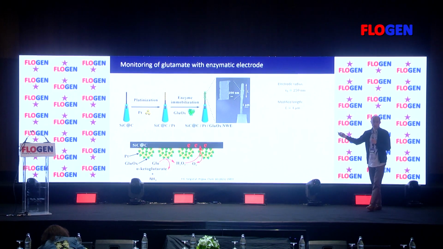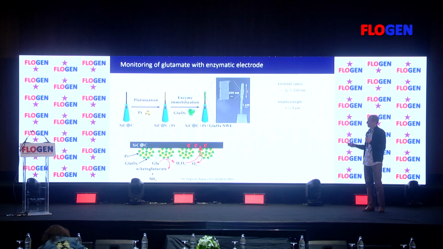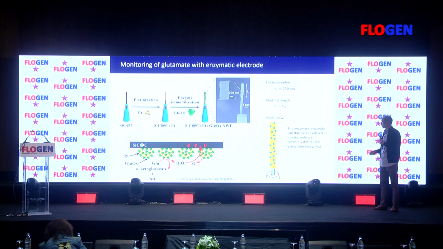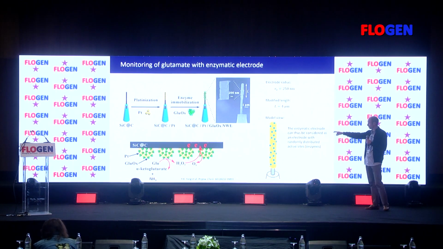And this situation is not unique to the enzymatic electrodes. There are many other systems in natural sciences where this kind of interface is present, and in particular in physical chemistry. There are numerous examples, like nanoparticles on an inert substrate, catalytic materials. It could also be the pores in a polycarbonate membrane, including the cases where the active center is located within the pore, or it can be any defects in a monolayer or any other layer coating on